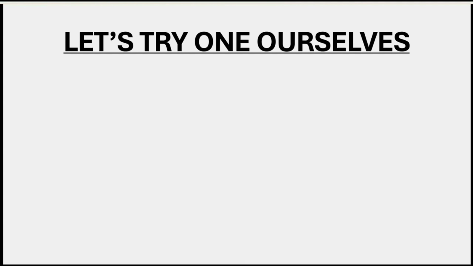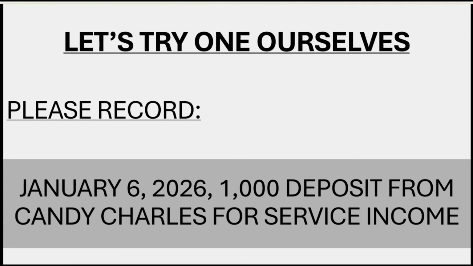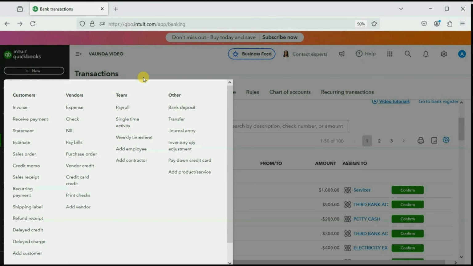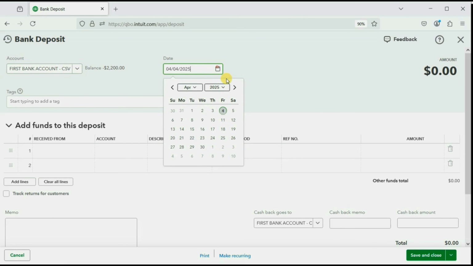So let's try one ourselves. Please record a January 6, 2026 $1,000 deposit from Candy Charles for service income, and then we will see what it looks like when we match it. So we will come to the top left, New, Bank Deposit, and we're going to put January 6 of 2026,